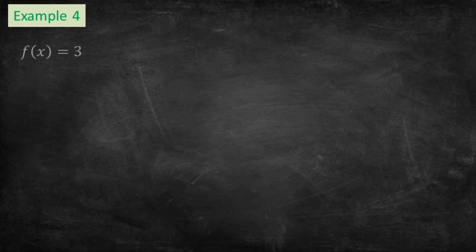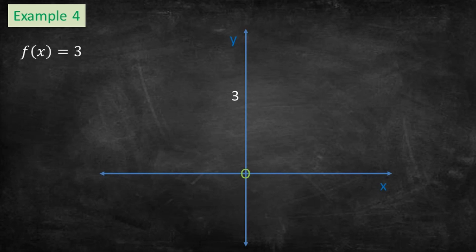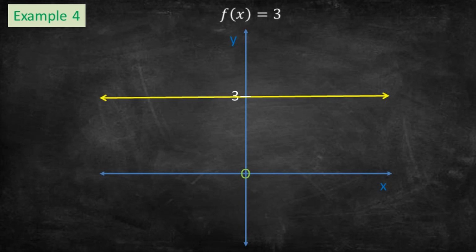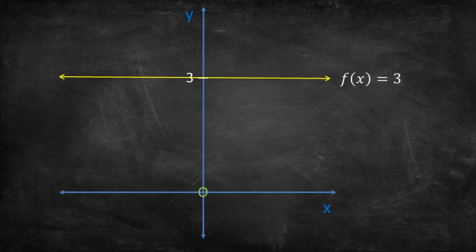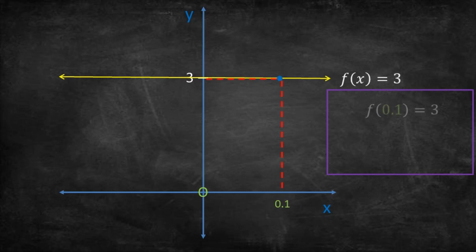Let's look at the function f of x equals 3. This is a horizontal line that passes through 3 on the y-axis. In this case, we are interested in the limit of f of x as x approaches 0. We can start by plugging in values close to 0 but above 0 on the x-axis and find the corresponding function values. We see that as we get closer and closer to 0 from above, the function values actually stay